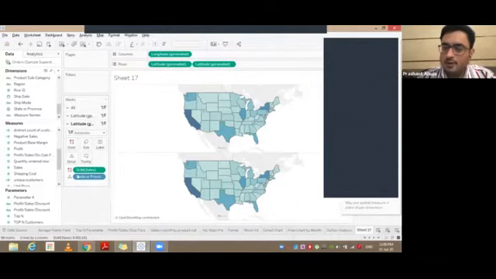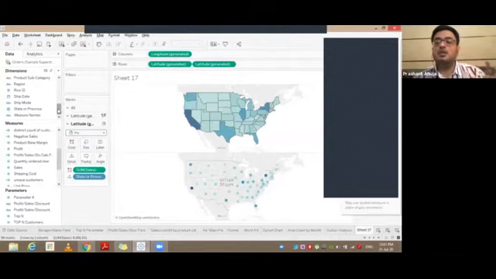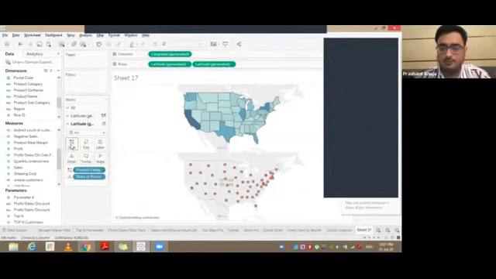We'll go to the second one. On the second one, from the automatic column, we will choose the pie column. You will see small dots coming up. The dots do not represent any split as of now, but I want to see the product category split by each state. So how do I do that? I'll pick up my product category, or as a matter of fact, any other field which you want to see. Take a product category and drop it into colors. So you would see all the dots getting converted into pie charts, right?